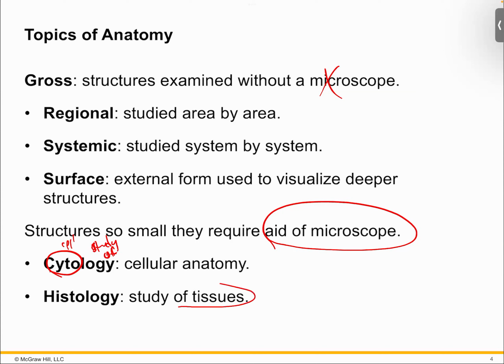Histology is when you kind of move that up a bit, right? Where you're looking not at the cell level, but at the next level up, the tissues level. So you're looking at maybe multiple different cell types that are interacting with each other or connected to each other, and you're asking yourself, how are you guys operating as a team at the tissue level? Okay, so that's where you study things, is histology. And histology is mostly actually where we begin